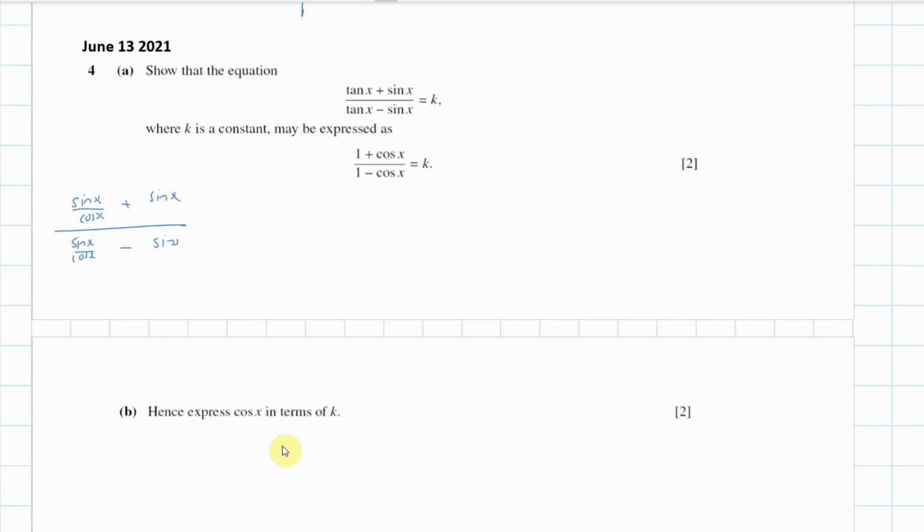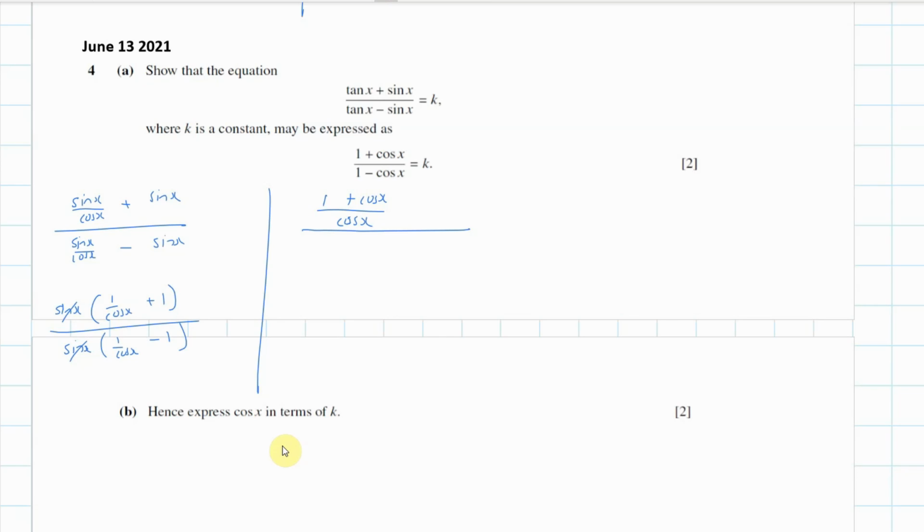minus sine x. Now what we can do at this point is factorize out our sines. And then we're going to have 1 over cos x plus 1. And over here we're going to have sine x into 1 over cos x minus 1. We can cancel out our sines at this point. And I'm going to rewrite that top line as 1 plus cos x over cos x,